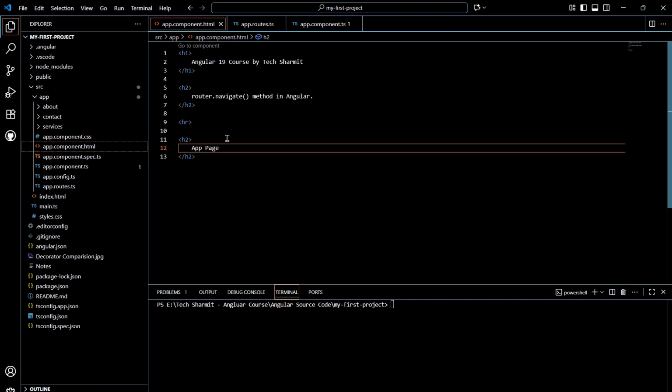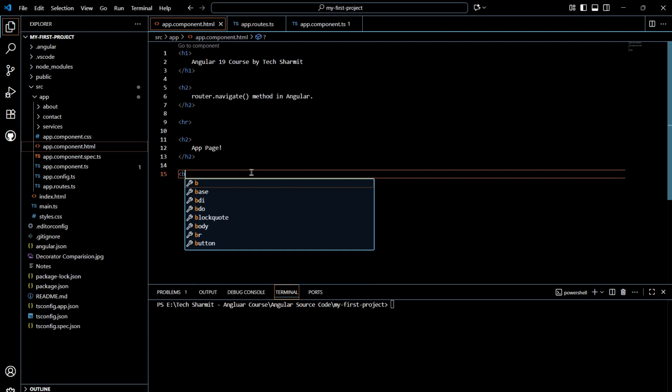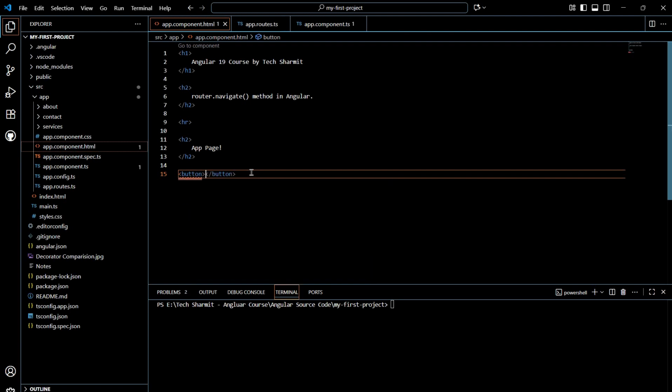From the app page, when the user, app page means there is no route, right? By default it will be on that only. We covered how to set the default route, but here we are not configuring anything. So this is just an app page where we will provide one button, and this button will help us to call the method. So I will write here click method,